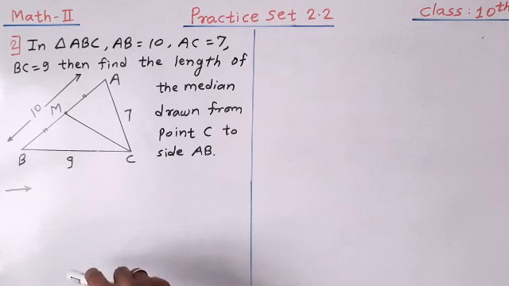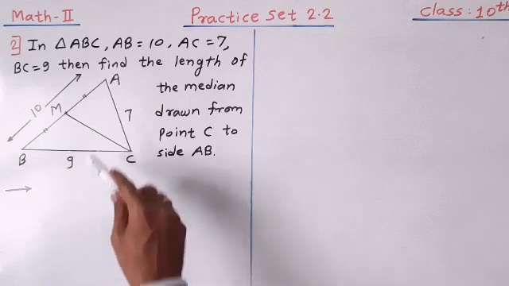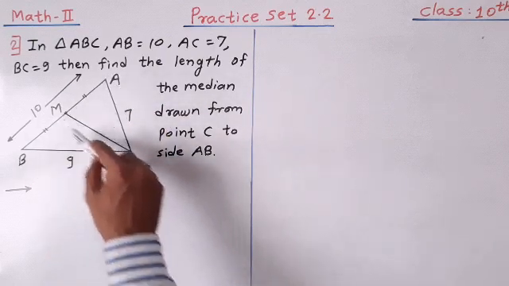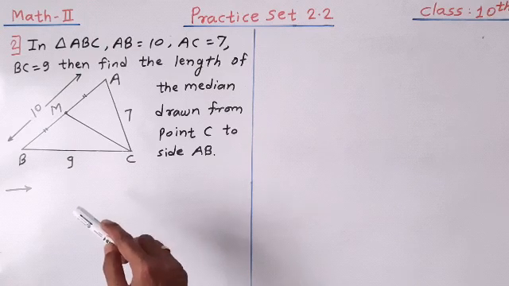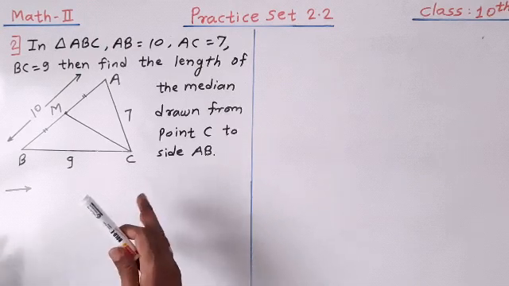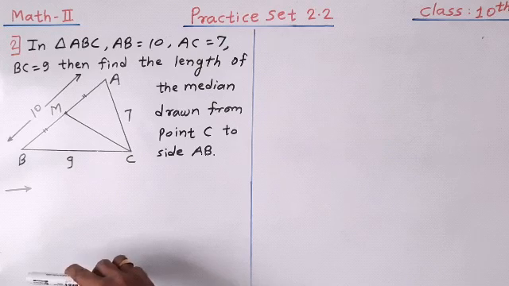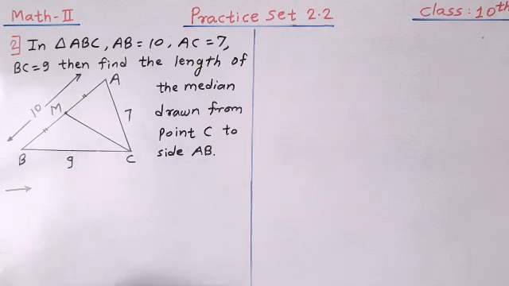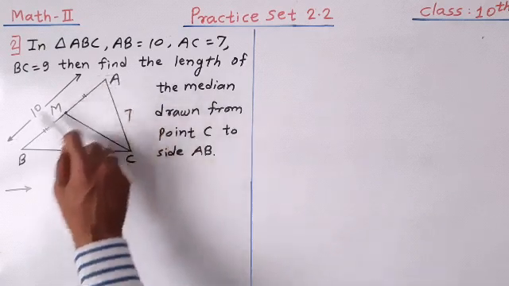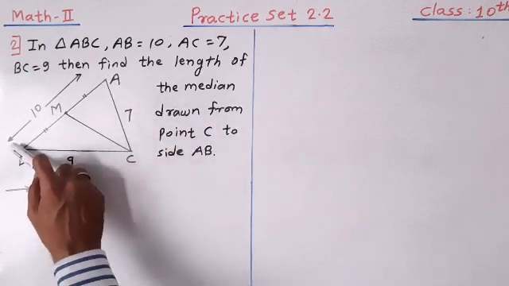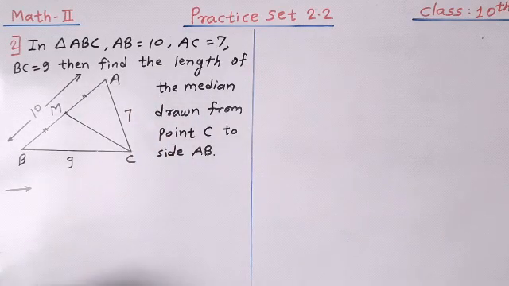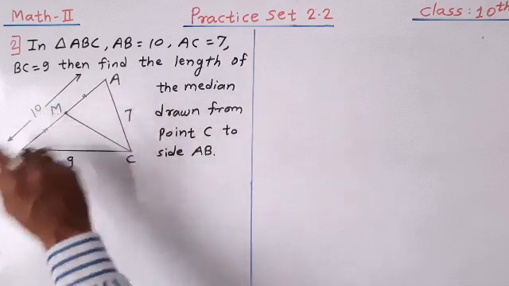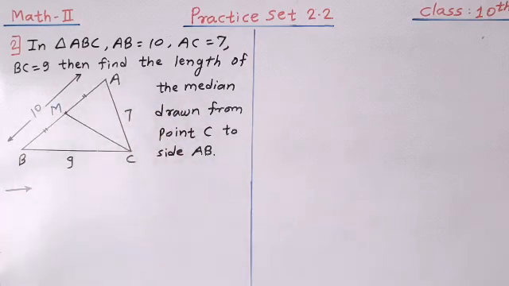So dear students, again here, I told you that whenever in a triangle one median is shown and you have to find out the length of any segment, you can apply the Apollonius theorem. So here again we are going to apply the Apollonius theorem. But for that, we have to find out one of the two segments here, either BM or AM. And if AB is given, we can multiply it by half, we can get the length of BM. So first of all, let us find out the length of BM.